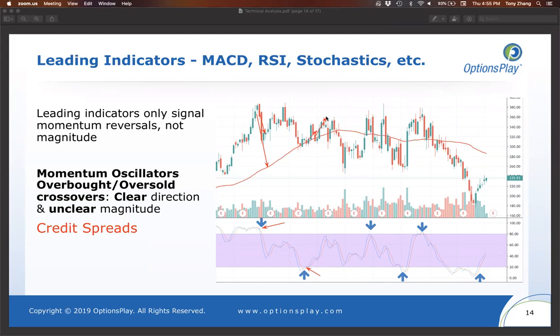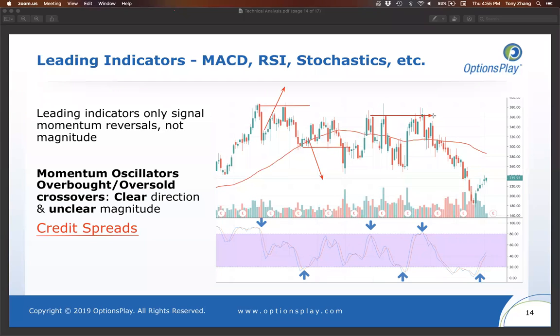And that's an important thing to remember. So when you're trading using momentum indicators, it's almost always you should use credit spreads, because when you get a sell signal, what that usually means is that you've reached a local top, and the stock is unlikely going to exceed that local top. Same thing when you get a bottom. When the stock gets a buy signal, what that means is that the stock is unlikely to move lower beyond that level. So what you should do is you should sell these levels as credit spreads,